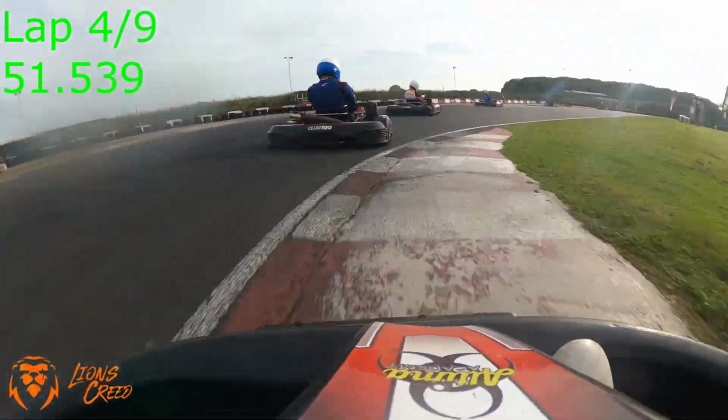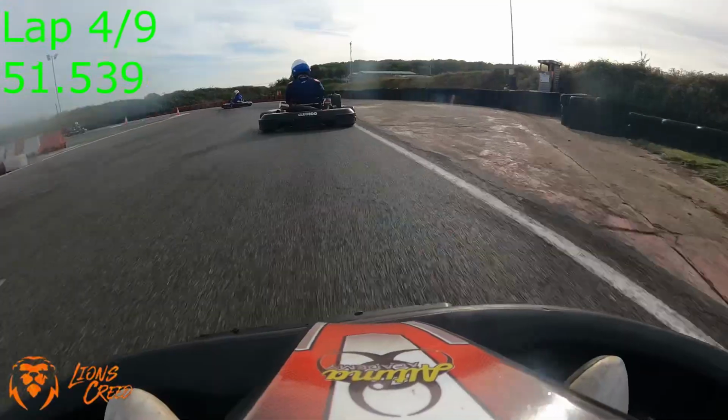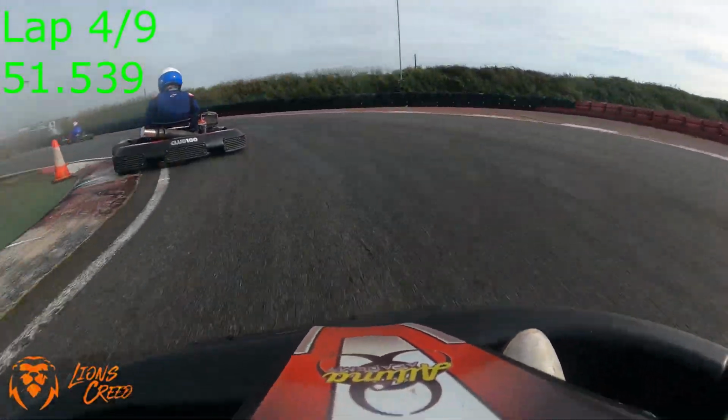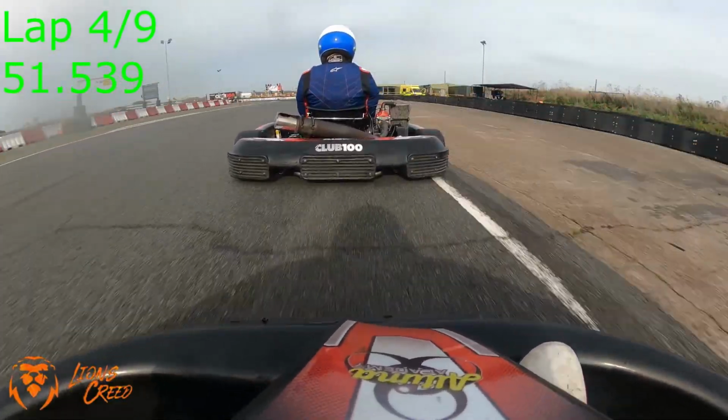And I was really loving this double right-hander. I just love Ellough Park. At the end of the day, once I was starting to figure out how to do it, it's such a fun circuit. We overshoot our braking zone a little bit because I think he made a bit of a mistake,